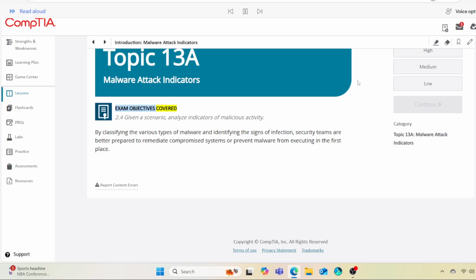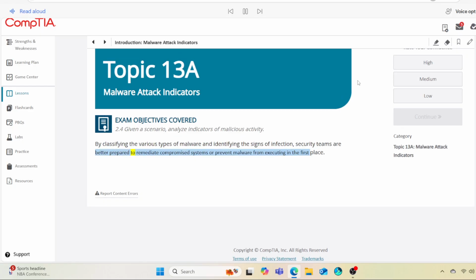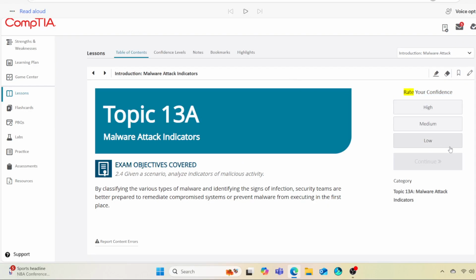Exam objectives covered. 2.4 Given a scenario, analyze indicators of malicious activity. By classifying the various types of malware and identifying the signs of infection, security teams are better prepared to remediate compromised systems or prevent malware from executing in the first place. Rate